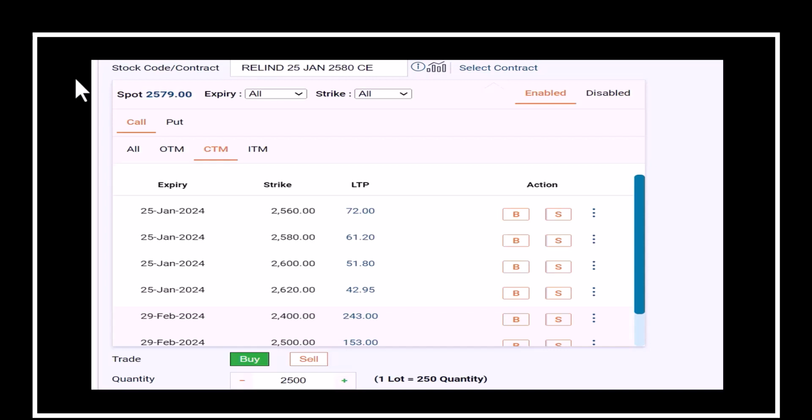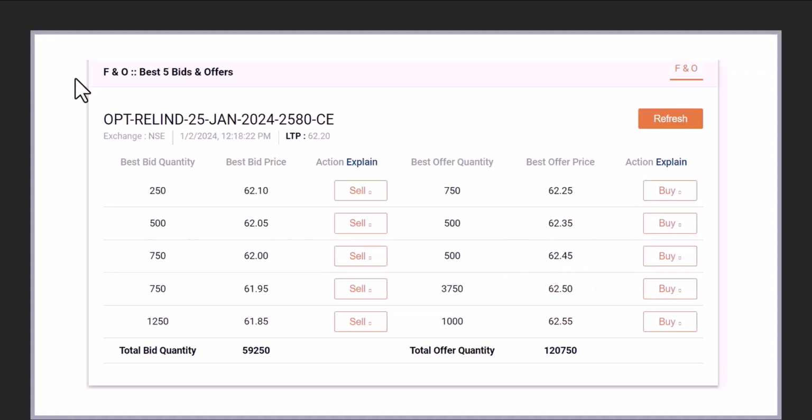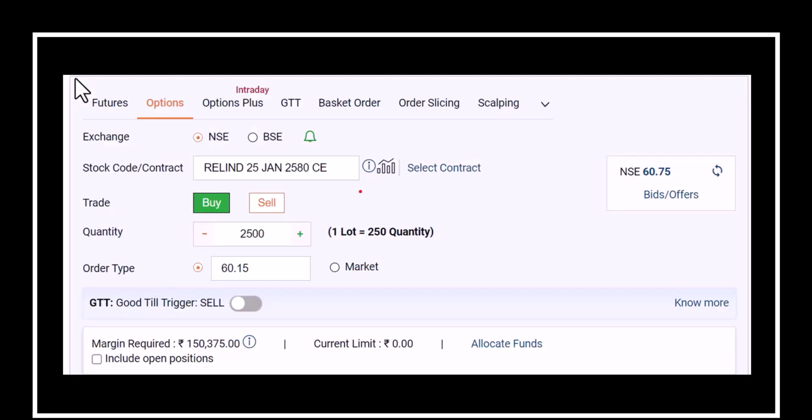How many lots? 10 lots. Of course, you can always put in a limit price and you will get the price. Now, these are all the bid and ask information which is available. I'm just skipping it at the moment; I'll come back to this. So he bought 2,500 Reliance at a strike price of how much?